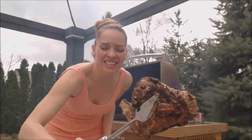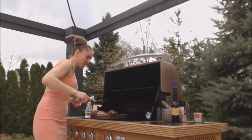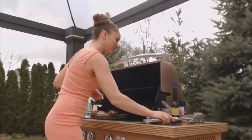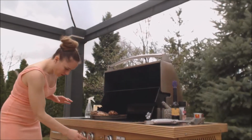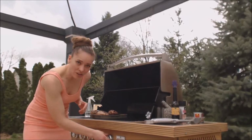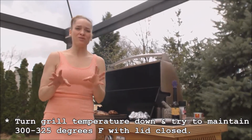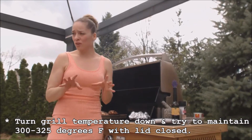Look at that. Oh yeah. All right. We're gonna have some gorgeous, crispy, smoky skin. It's gonna be amazing. All right. So I'm going to turn the middle one down on low, and I'm going to turn this one down on low as well. What I want to do is try and maintain a temperature of around 300 to 325 degrees